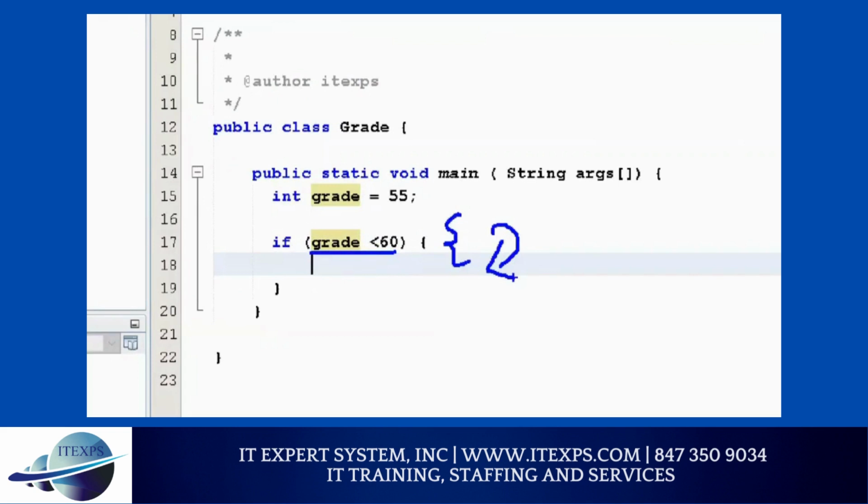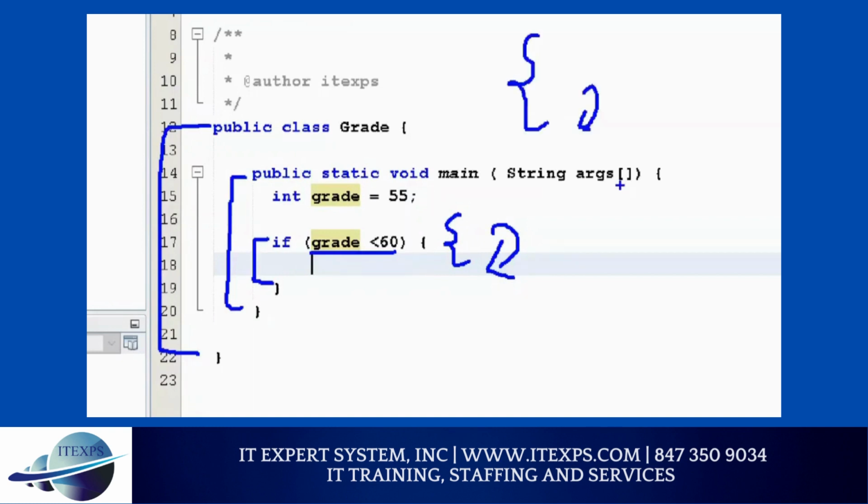It will be very helpful. If has its own curly bracket, main has its own curly bracket, and class has its own curly bracket. I never have a problem with the curly bracket. The students who use a curly bracket start and press enter will never have a problem. But the students who do not press enter will miss the curly bracket. As you go further, remember the nine loops I was talking about? Remember, Chrysler? The biggest problem was the curly bracket, I can tell you. But at that time, we did not have an IDE like NetBeans. We used to write programs in Notepad. So it is a nightmare to find out where the curly bracket is missing.